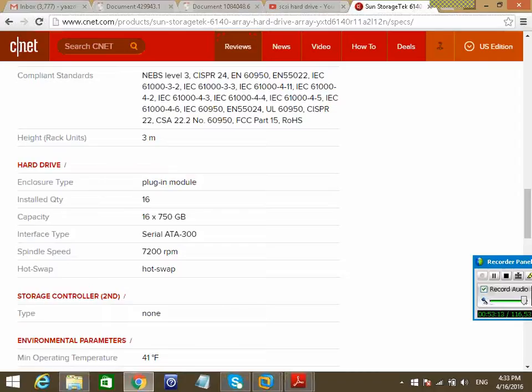Now, out of 16 disks, you can keep, for example, 2 hard disks as hot spare. Okay. Now, hot spare is like the spare tire in your car. If any tire gets punctured, you can easily replace the punctured tire with the spare. Same way here. Okay, you have the hot spare hard disk, and if any of the hard disk